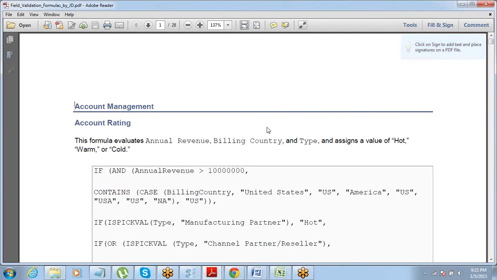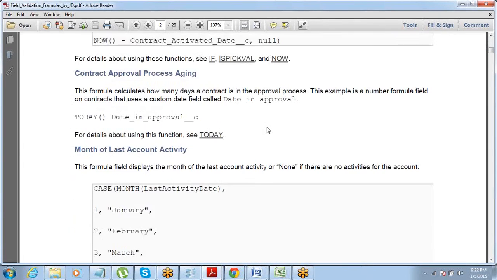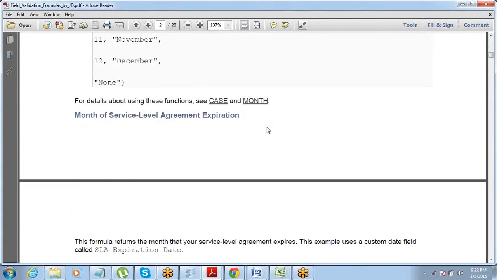This document, the one that you can see on my screen, I'm going to mail it to all of you. This is a very nice document.